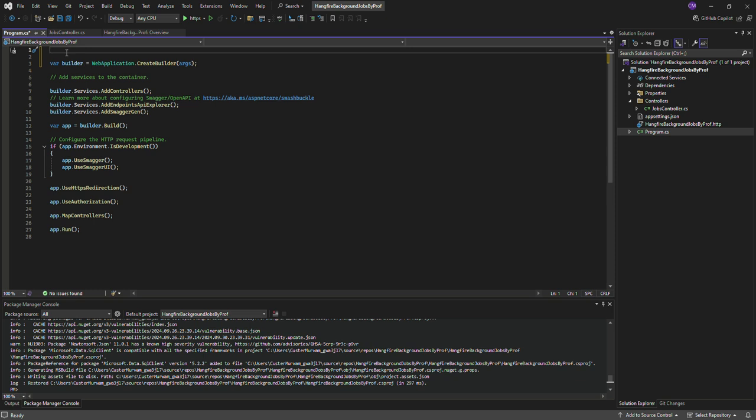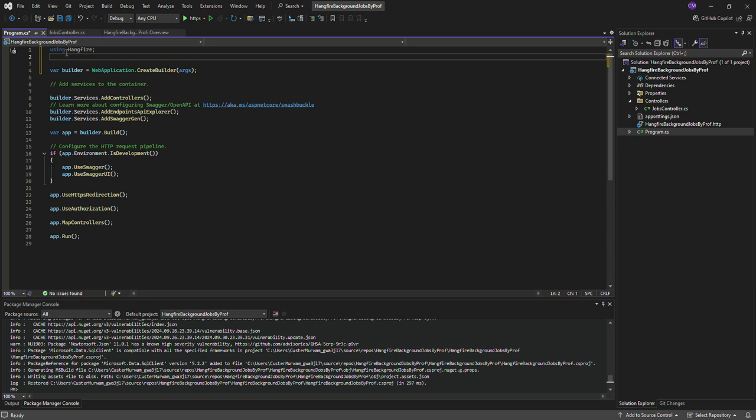So then what you need to do, you will say using Hangfire, then close that, and then second you will say using Hangfire.SqlServer, which is that, and then you close that nicely, right? Okay, once you've got your namespaces added in there,